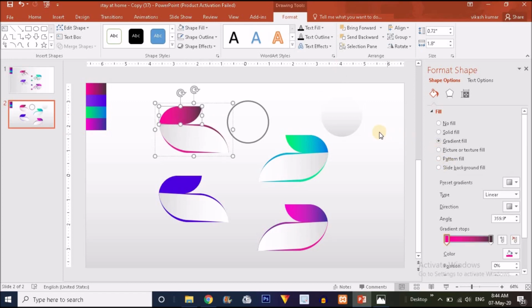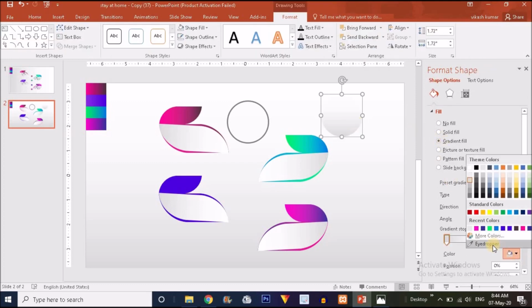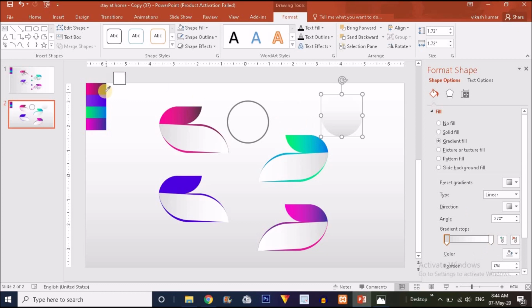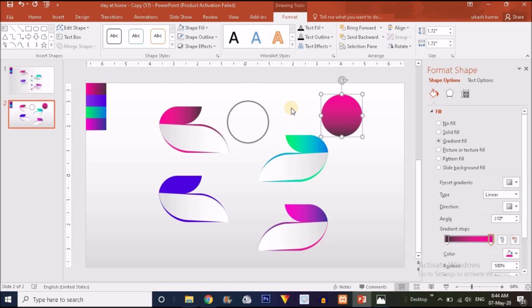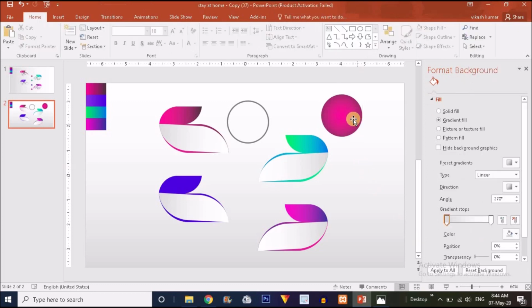So just select the second circle and choose the gradient option. I'm going to select this one, and for the right handle I'm going to select this shape. I'm going to select the direction. First I have to change the type of this gradient to radial, and the direction should be a spot in the middle like this. So I'm going to select the handle. I'm going to alternate these two handles to get the desired effect like this.